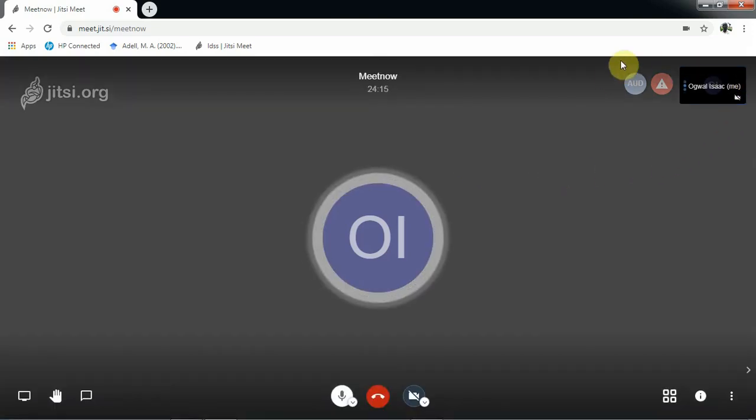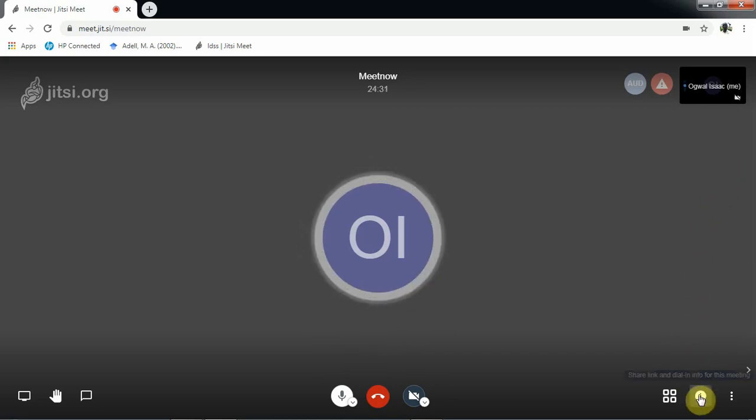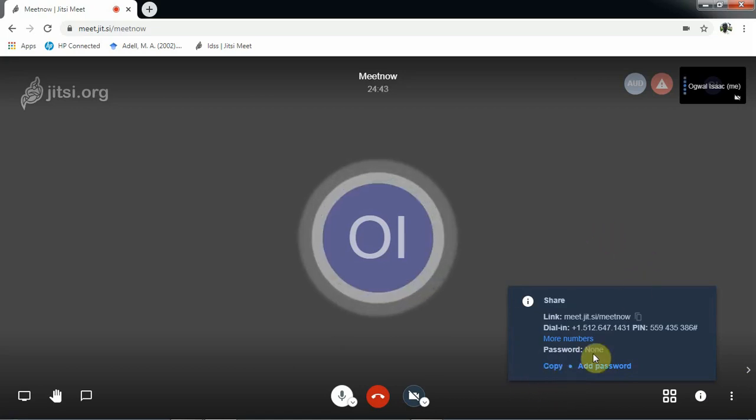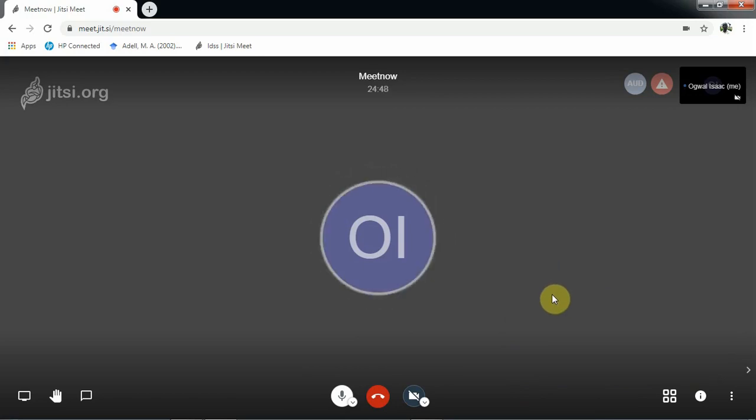Then on our top right corner, we have this option here. It is showing you that it is you who is connected at the moment. To get other people connected, just like we said, you have to use this option for sharing the link for that meeting. When you click on it, you copy that link, and it is this link that you will send to other people and they get connected to your room.